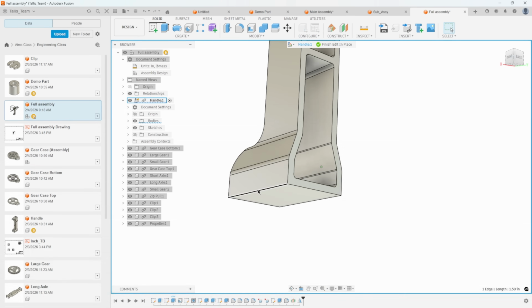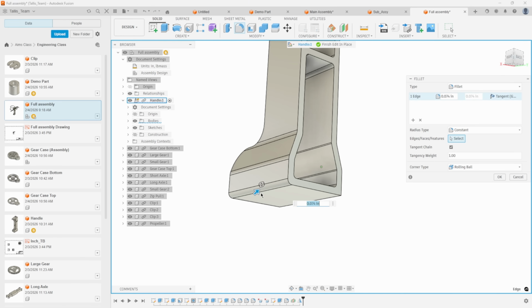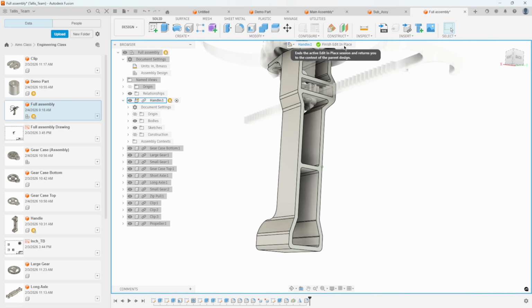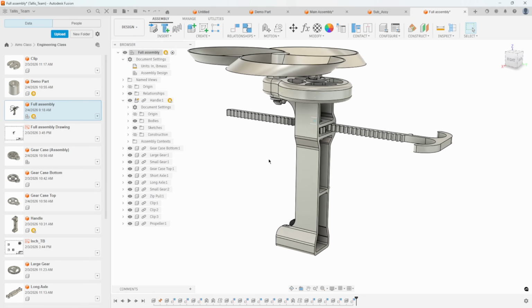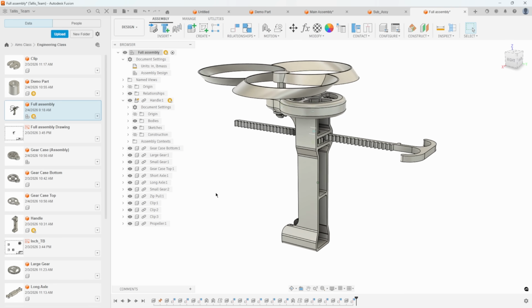We're now in this edit in place mode. And if I click on this edge and right mouse click, now we're seeing the modification commands, such as fillet and chamfer. So I'll just go ahead and add in a small fillet on these two edges there, say OK, and then finish edit in place. And I was able to make that modification to that part. Now, if I were to hit save,